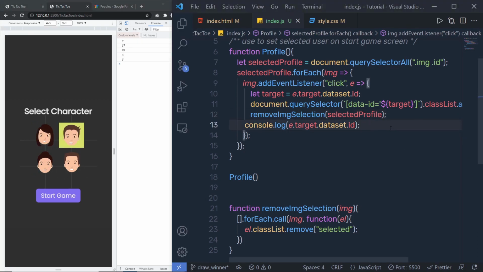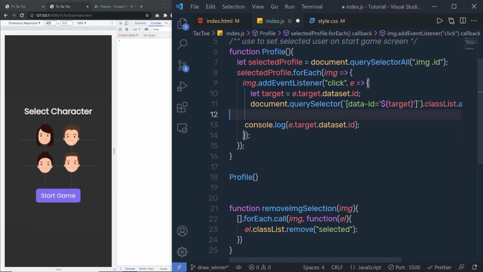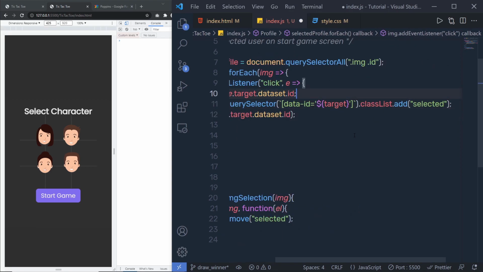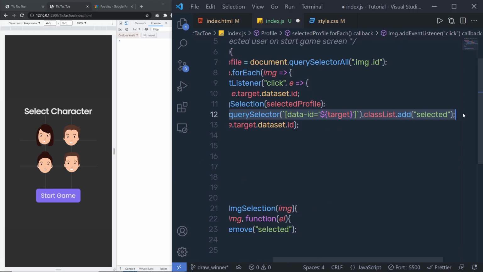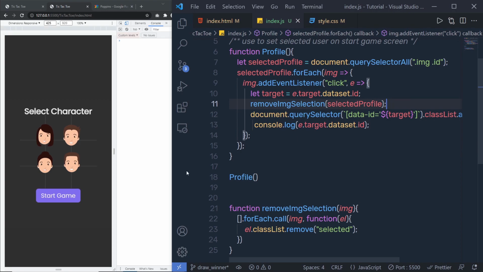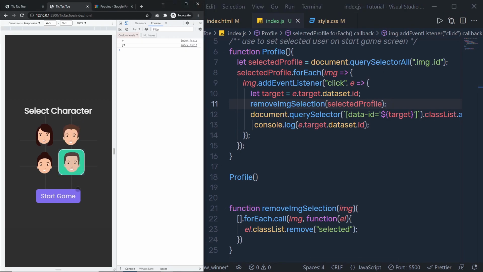Let me save this. Yeah, we need to write this statement before this document.querySelector at the top right here. We need to first remove all the selection from these images and then add the selected class. Let me save this. Now if I click on the image, you can see